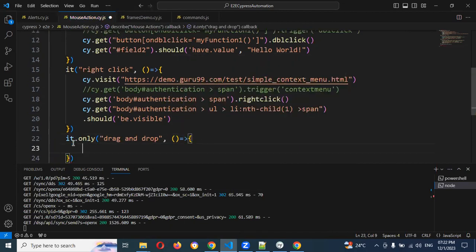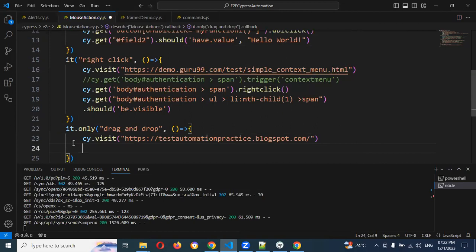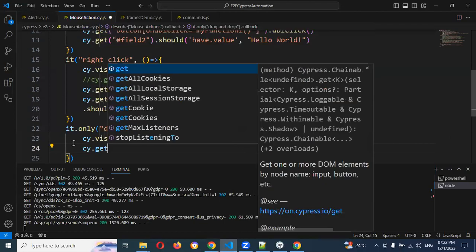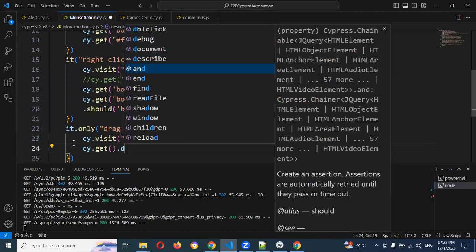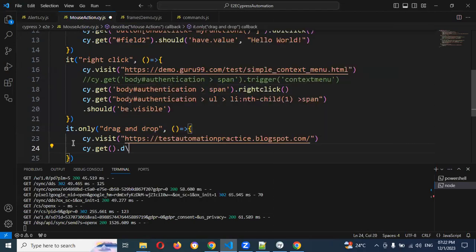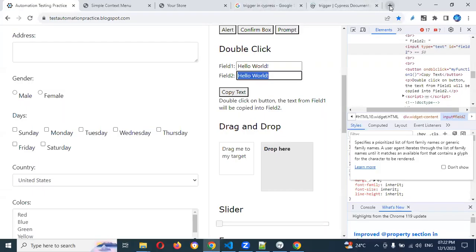Then here visit one. Okay, then can I do drag and drop directly, whether we can see the function, whether it is presented or not. Drag, debug, double, like this we have, but we don't have drag and drop one, right? The function also is not presented. If you go and search, whether we can see any kind of things,